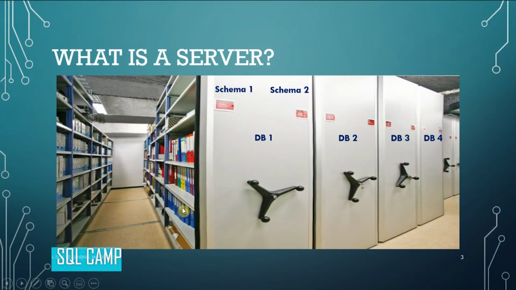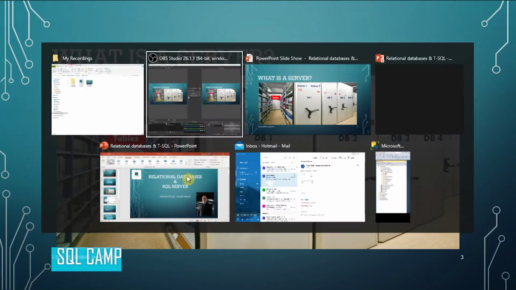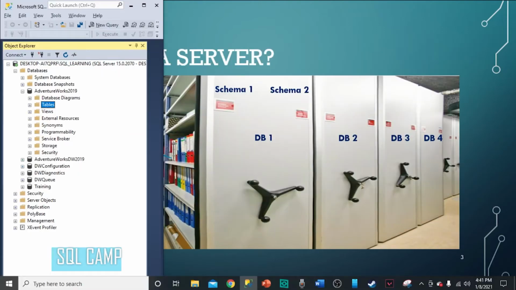And as you can see here on the left side, which is schema 1, we have different shelves. These shelves have different files. So we can consider these files as if they are tables. And the best way to explain this again,